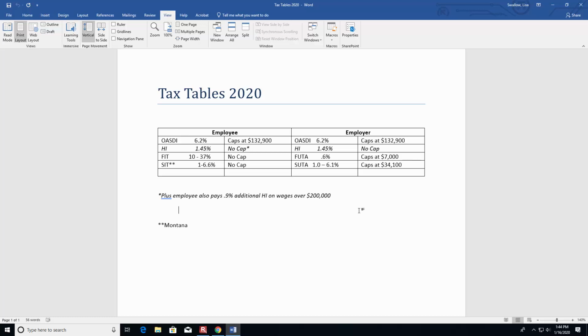SUTA is dependent upon what kind of employment record I have. So if I've had the same 20 people working for me forever, I'm going to have a nice little SUTA rate. If I churn through people, I'm going to have a high SUTA rate because a lot of unemployment's been claimed on me. And the cap changes every year. This year it is $34,100. So that could be quite expensive. If you've got a 5% SUTA up to $34,100, I could easily be paying $1,500 per person per year. So believe me, managing your SUTA rate is really important. That's a big cost.